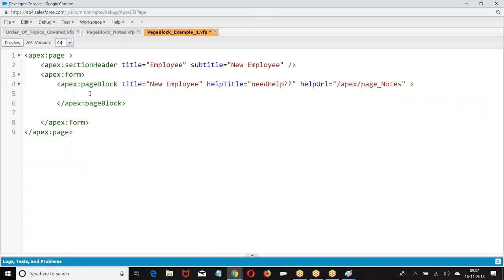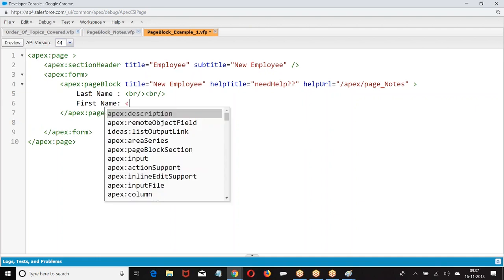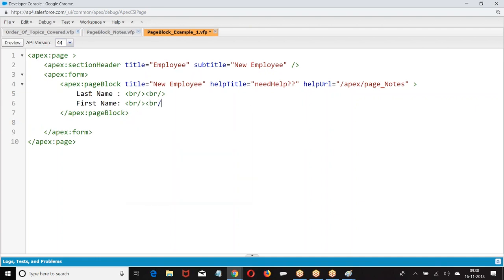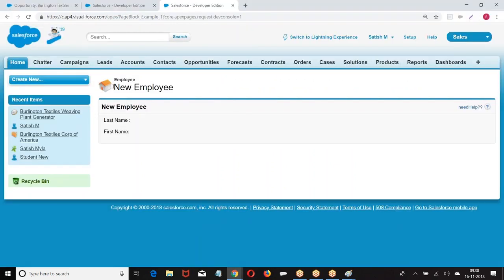Then in the body, last thing. Do I want to go to the same line or next line? I want to go to the next line, so I give BR. Then if I want to create buttons, I give last name, first name. Go to the page. You got new employee, block title, help title.